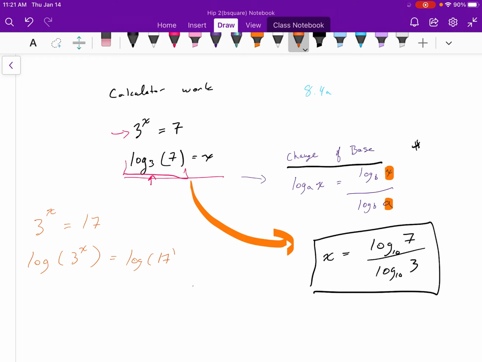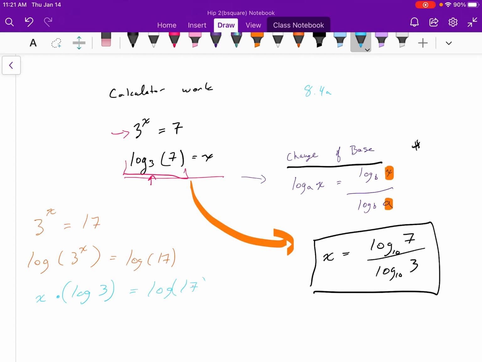Now, what am I doing? I'm just doing some operation to both sides, and since I'm doing it to both sides, I'm going to maintain equality. What ends up happening is I'm going to use the power law for logarithms, so the x comes out in front, and this is log 3